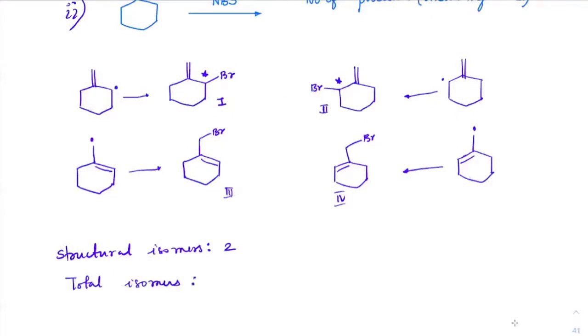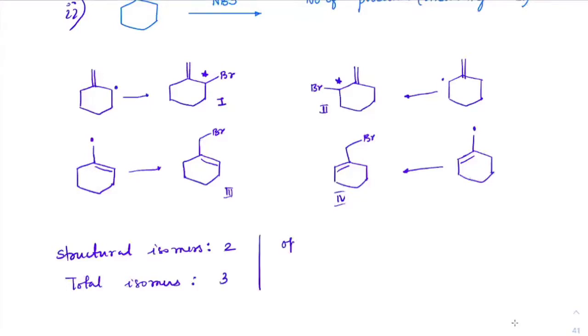Now check again properly. See, 3. With respect to this, I will get 2. With respect to this, I will get 2. But one of them will be the same, no? As a total, optical 2 only. This is the same chiral center. Correct. Here, those 2 possibilities will be the same as these 2 possibilities. Only 2 optical. So total, this would be 2 here, but these 2 are the same as these 2. Clear? So here 2 plus 1, total 3.